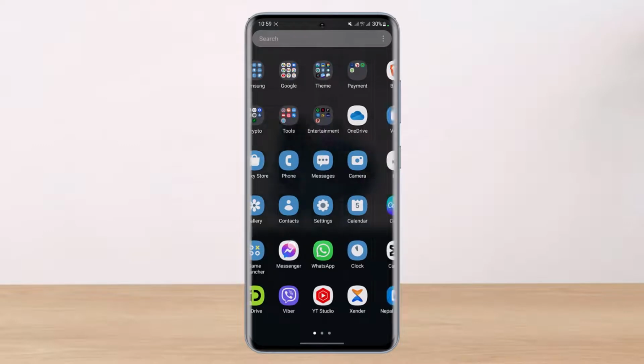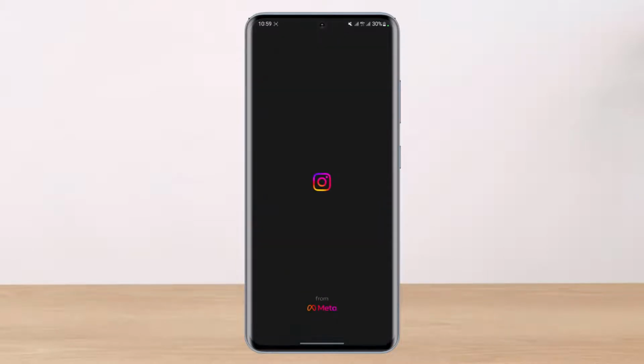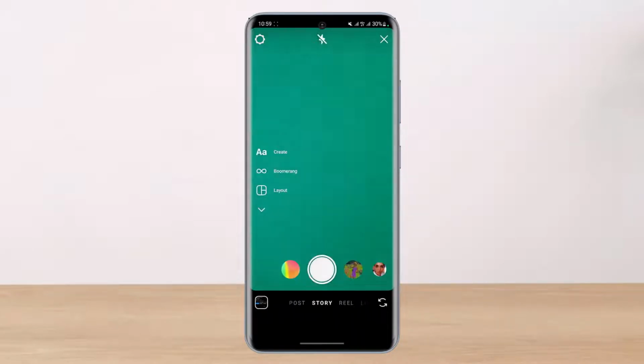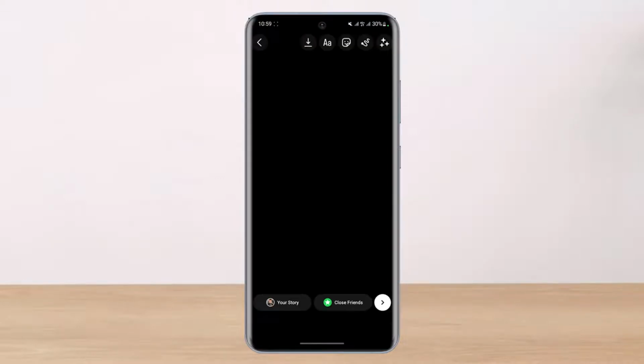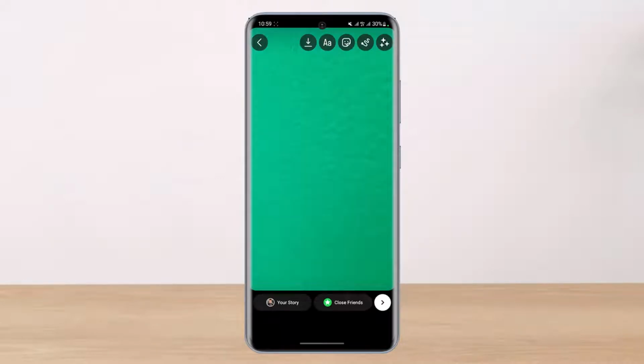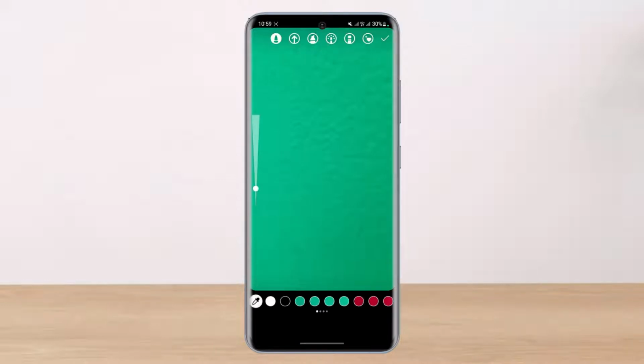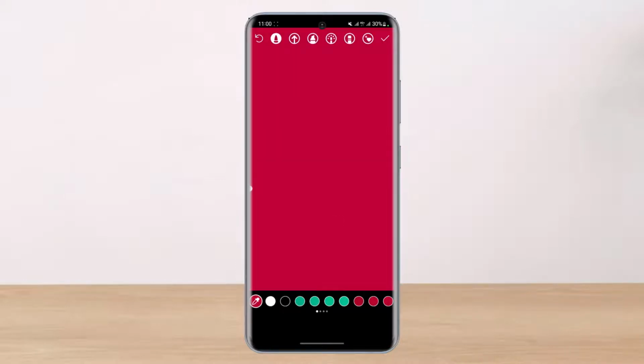Now first of all, there are two ways to do it, which I will show you. First, open the Instagram app and go about creating your story. Then first, I'll click a random photo over here and we will set a background color for our collage. So tap on the draw tool at the top right and simply pick a color from the bottom which you want to use for your collage background, and long press on the middle of the screen to change the color